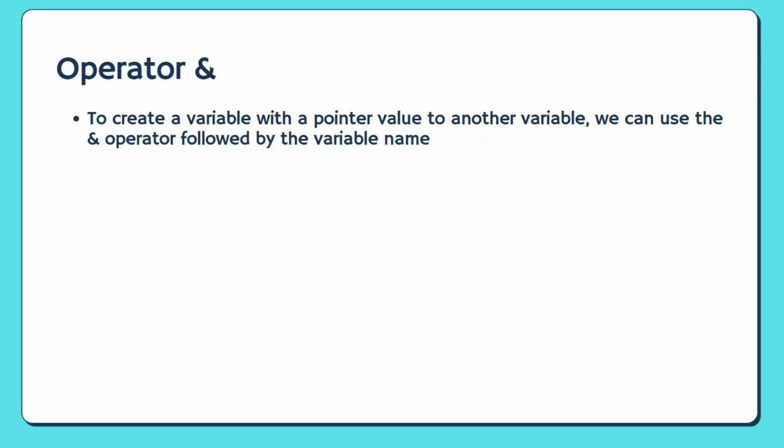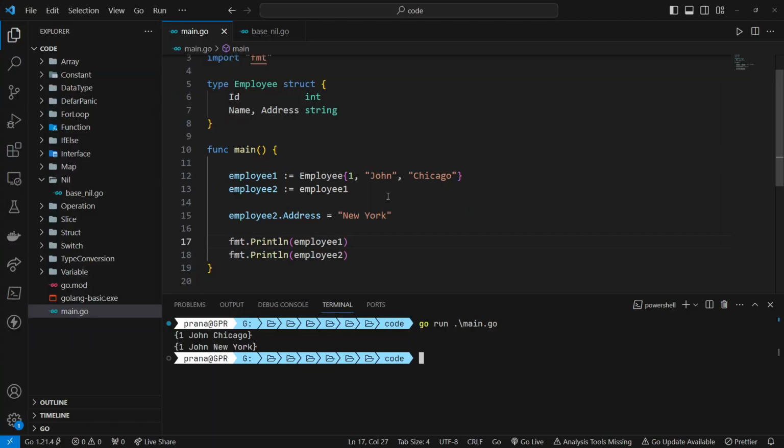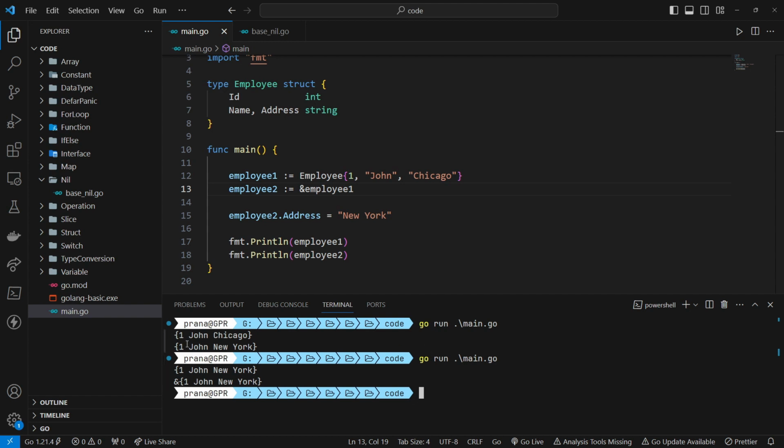Operator ampersand. To create a variable with a pointer value to another variable, we can use the ampersand operator followed by the variable name. To achieve a scenario where changes to employee2 also impact employee1, we can utilize pass-by reference with pointers, employing the asterisk operator. By doing so, both employee1 and employee2 will share the same reference, and modifications to one will directly affect the other. This mechanism ensures that the two variables are pointing to the same memory location, creating a synchronized